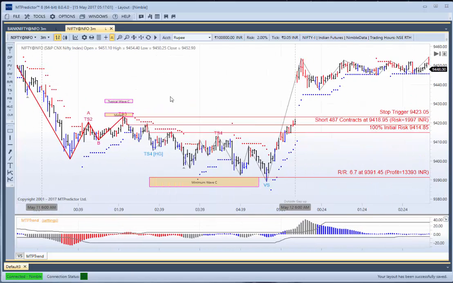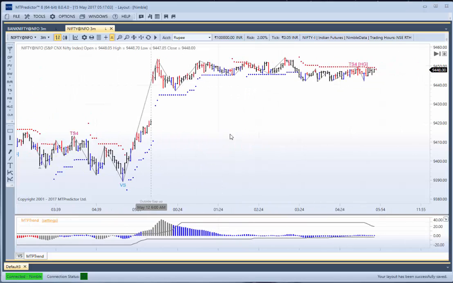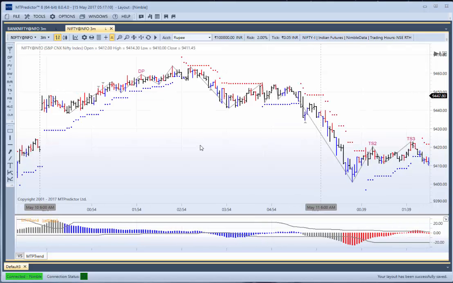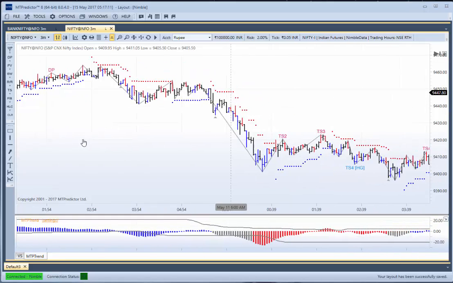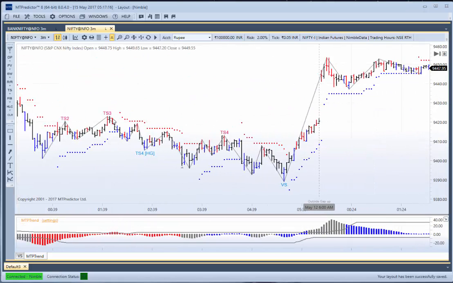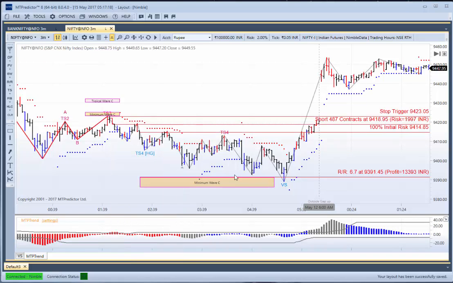So just to remind you that you have quiet days, you'll have losing days. Yes, you will have losses. It's important for every software vendor to stress that losses can and will and do unfold. But the trick is then waiting until you get some nice, clear, clean patterns and some good trade setups, and within that, keep the losses small and then have trades where the profits are much larger than the losses, and that's what MTPredictor is designed to do.